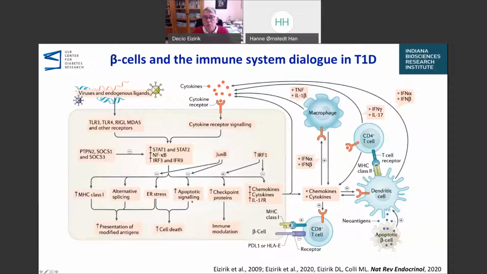There will also be pro-apoptotic signaling, and the beta cells produce chemokines, like for instance CXCL10, that will attract additional